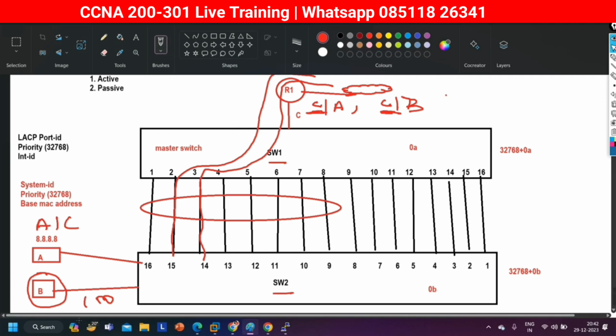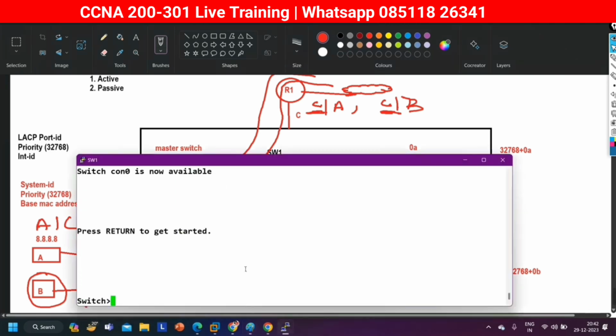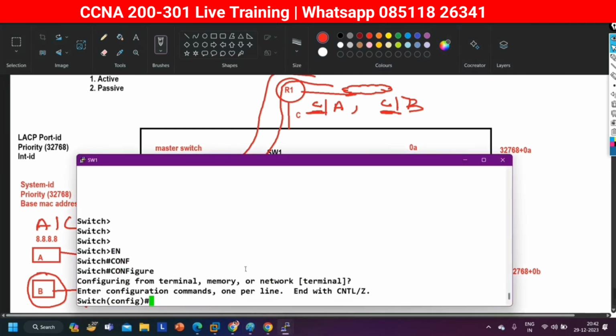Yes or no? So we need to change the load balancing algorithm in this scenario. We have multiple types of load balancing algorithm, right? In EVNG, we are not able to see multiple load balancing algorithms, right? Here, if I run this command,